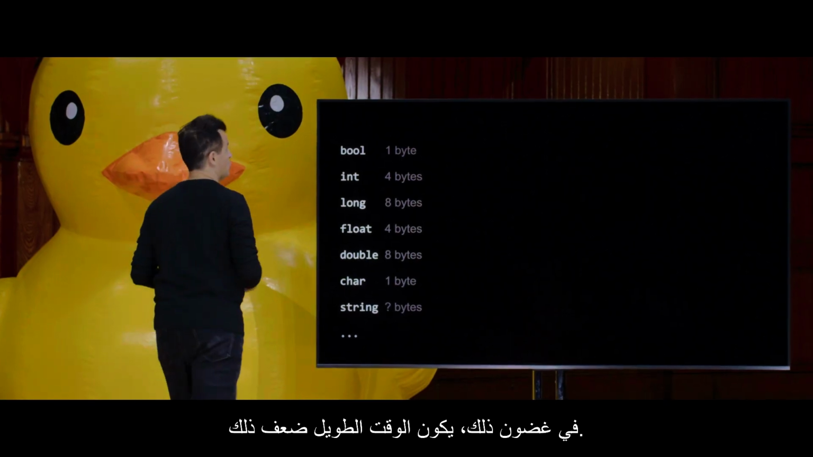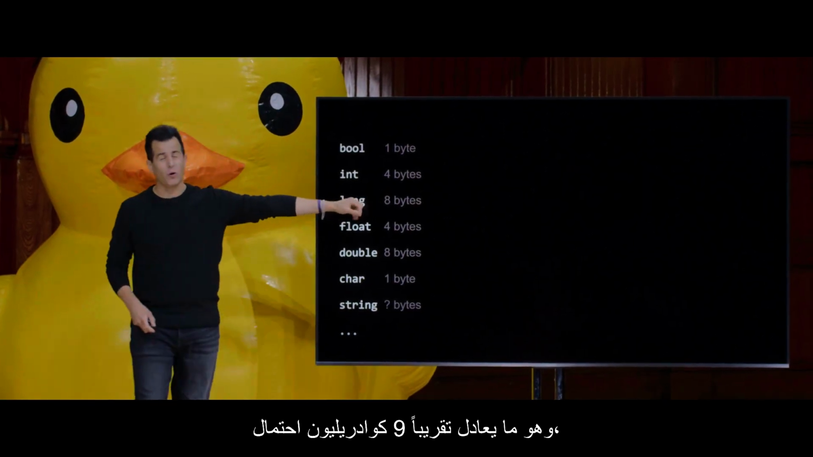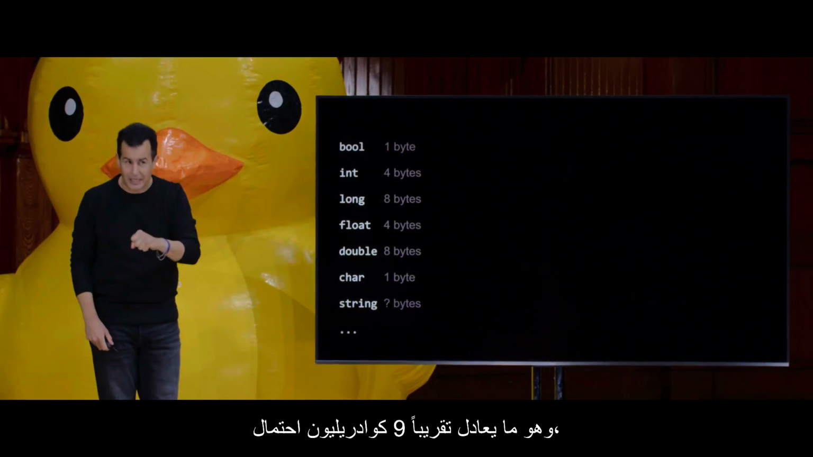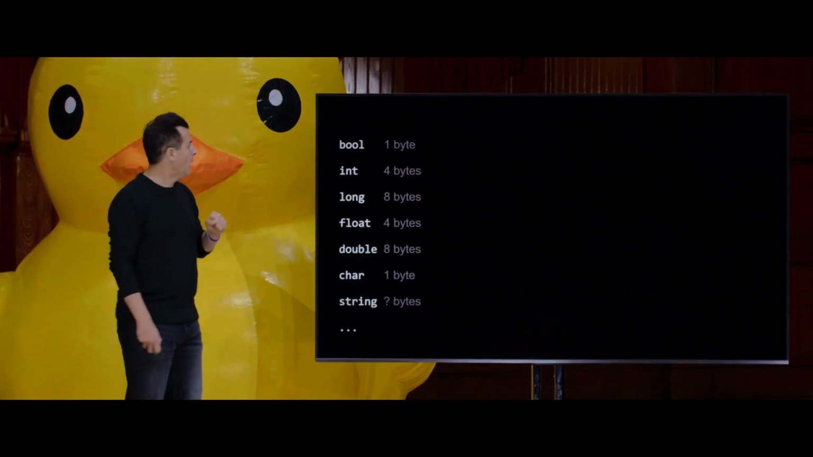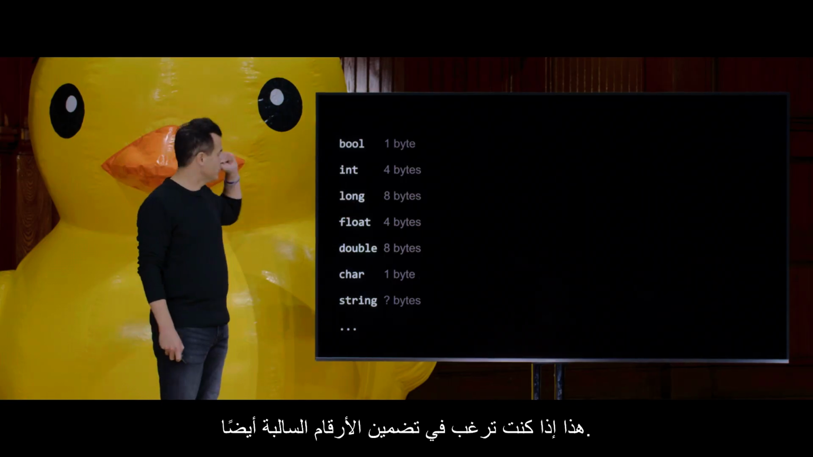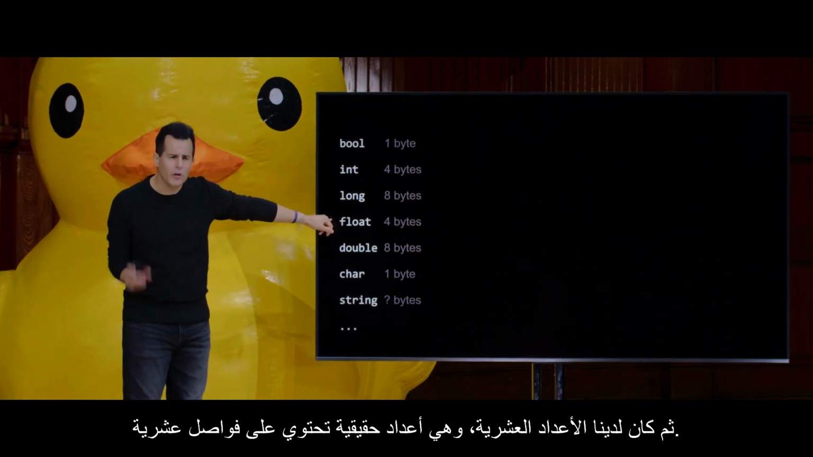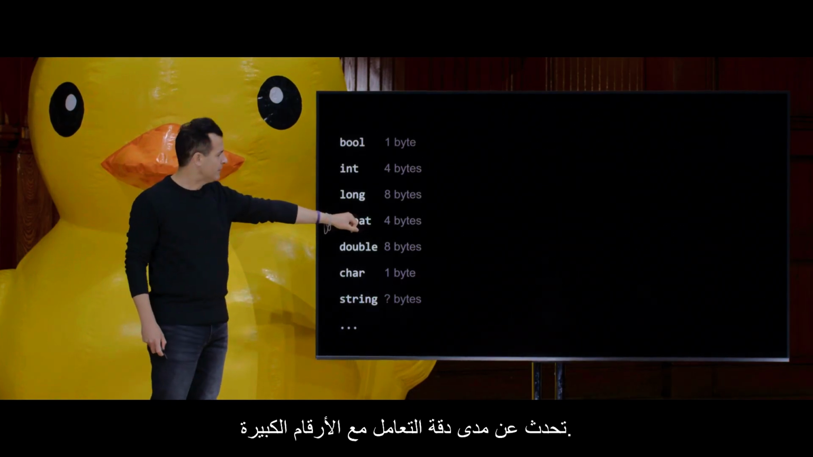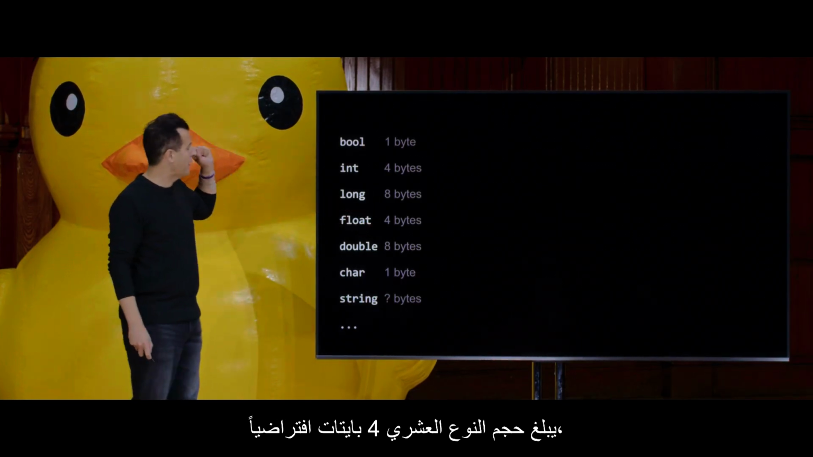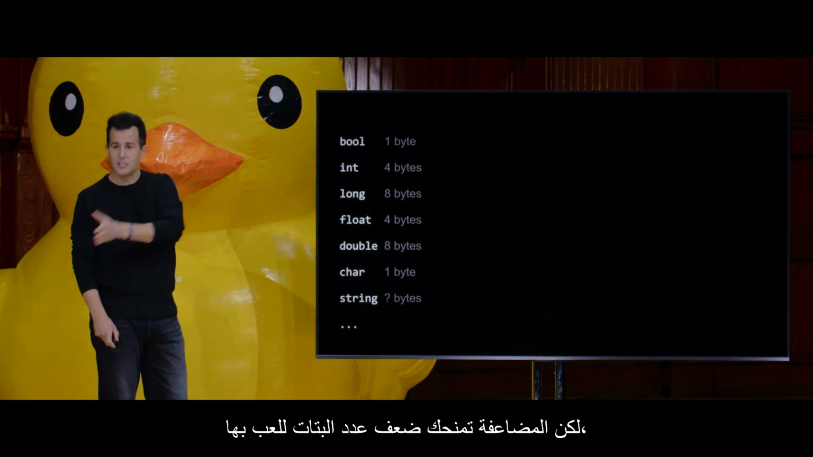A long, meanwhile, is twice that. It uses 8 bytes, which is roughly 9 quadrillion possibilities, which is quite a few more than 4 billion. That is, if you want to include negative numbers as well. Then we had floats, which were real numbers with decimal points, which speak to just how precise you can be with significant digits. A float is 4 bytes by default, but a double gives you twice as many bits to